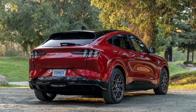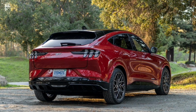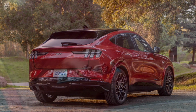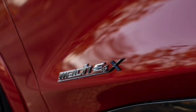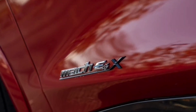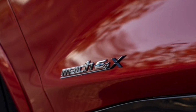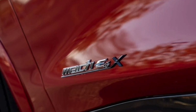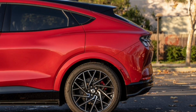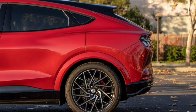Dual-motor Performance Edition. The GT uses the Mach-E's same dual-motor all-wheel drive setup but boasts a combined 480 horsepower and 600 pound-feet of torque, 120 horsepower and 172 pound-feet more than the standard SUV. That's enough thrust to launch the Mach-E GT from 0 to 60 miles per hour in 3.8 seconds. Opting for the Performance Edition bumps torque up to 634 pound-feet and shaves that 0 to 60 mph time down